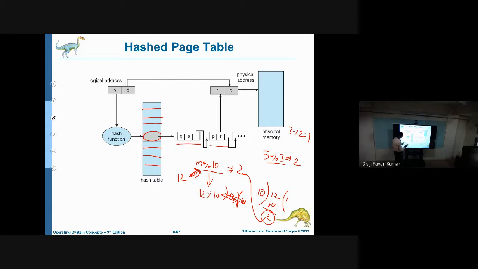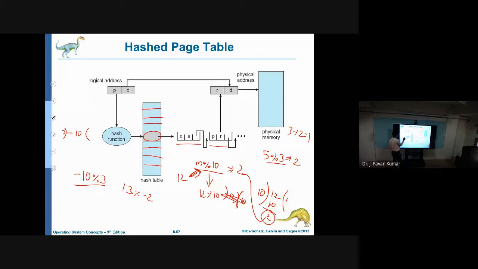Anyway, I'm happy that I received at least one response. I wanted to give one input which may be useful to you. Suppose minus 10 mod 3, what is the answer? Is it allowed or not, first of all? In any programming language you can consider this. These kinds of questions you will get in a written test. It will perform division: 3 times minus 3 is minus 9, then we get minus 1.